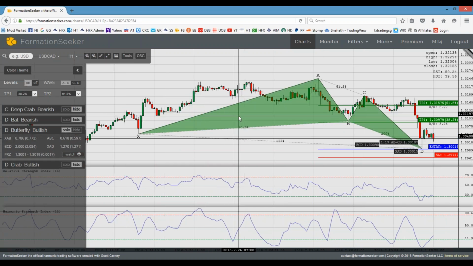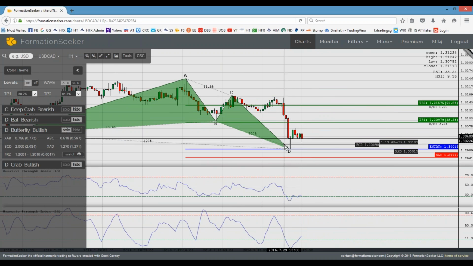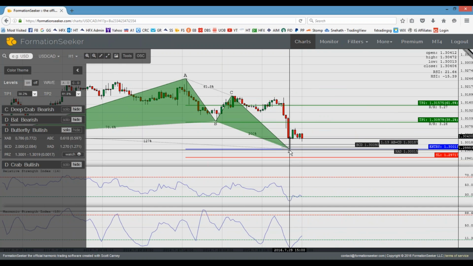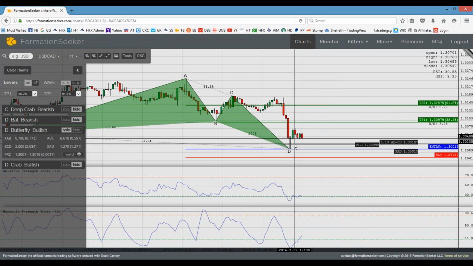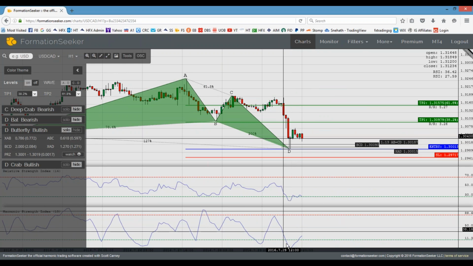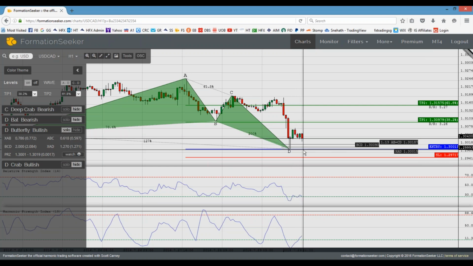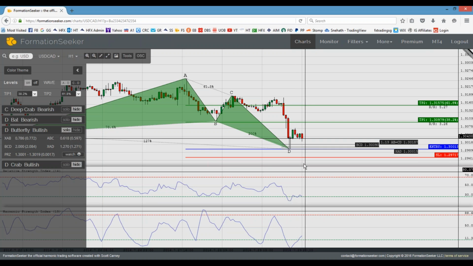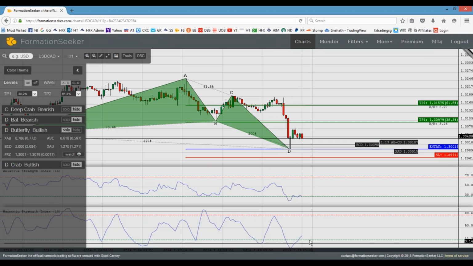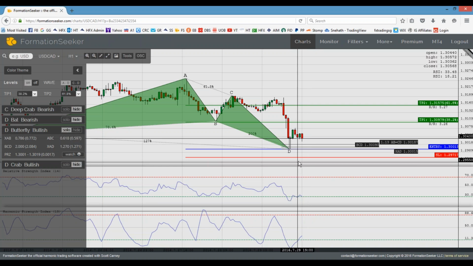The butterfly bullish, this happened while we were asleep in Singapore, so too bad, we kind of missed it out. But this is a perfect trigger because you could see that it hit that 1.3 level. You could see that it hit this line and bounced up nicely. RSI also moved out. So fingers crossed. Let's wait for this guy to come back down here. If it shows a similar characteristic where we can see that it's being oversold, I'm going to be very interested